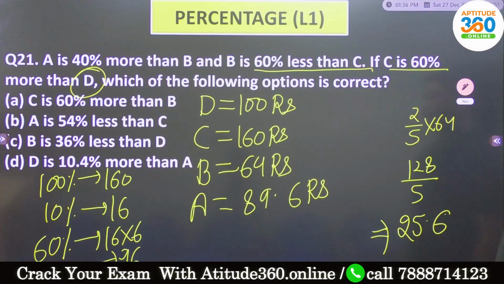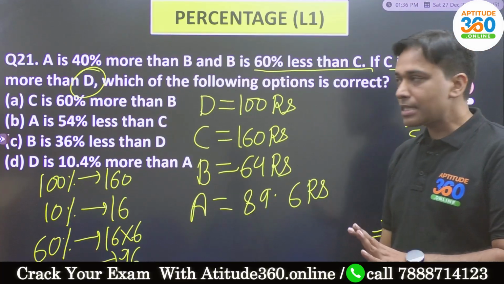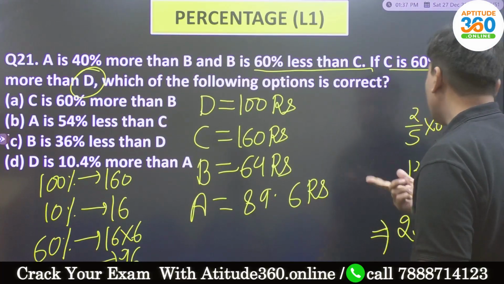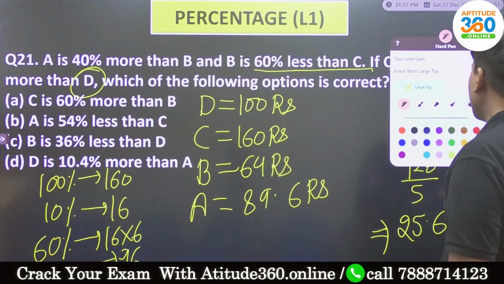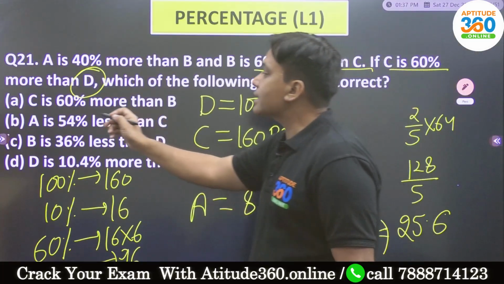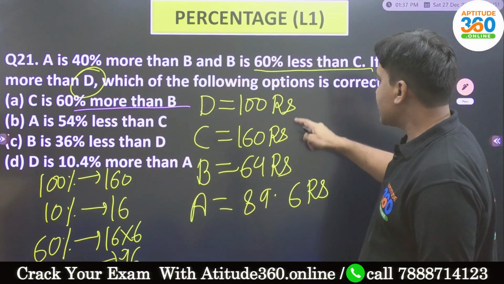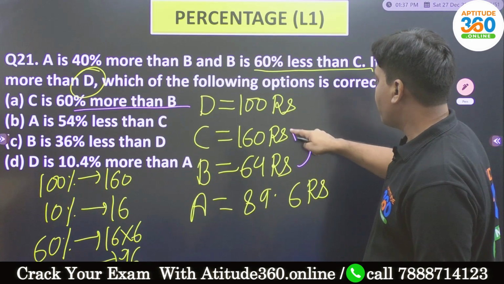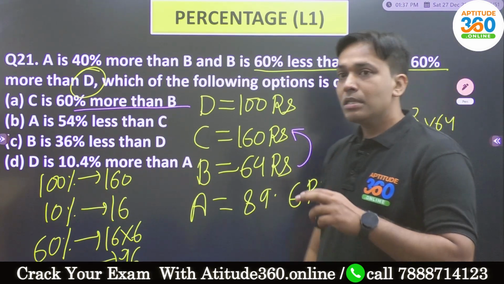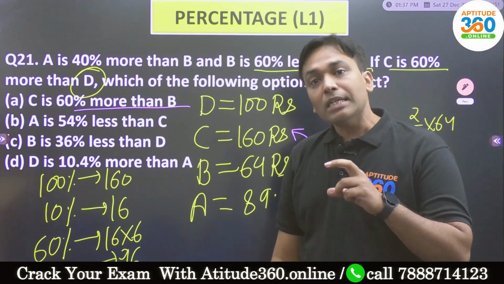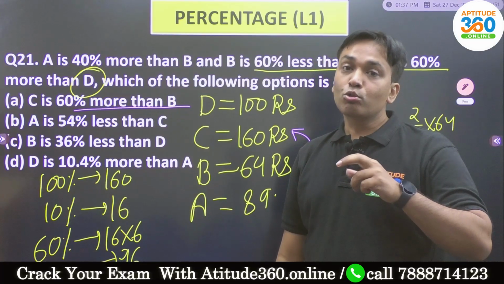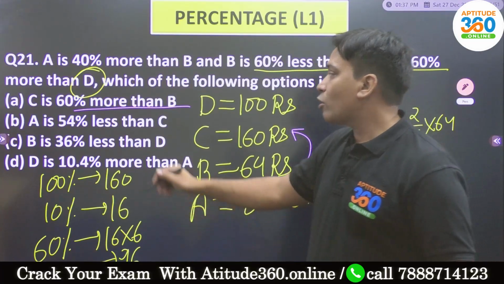So these are the values that we are having with us. अब क्या करना चाहिए हमारे को? अब हमारे को कंपैरिजन करना चाहिए. जो भी प्रॉब्लम बोल रहा है, C 60% more than B. If you look at it, C is more than double of B. It is 200% से भी ज्यादा है, तो ये वाला ऑप्शन तो हुआ ही नहीं.